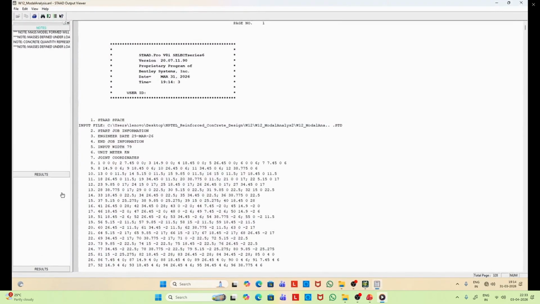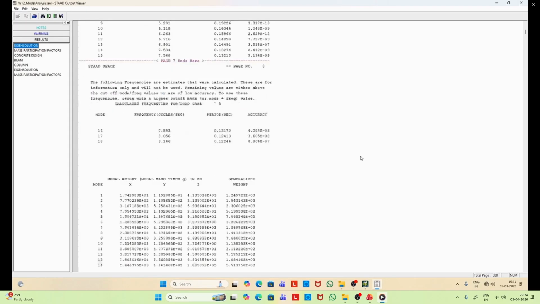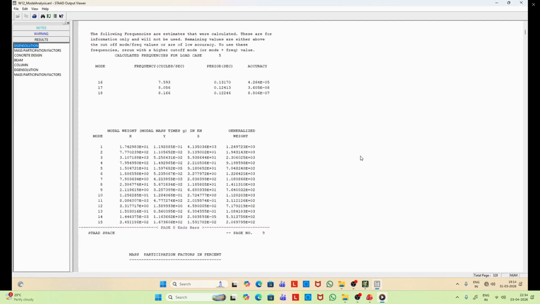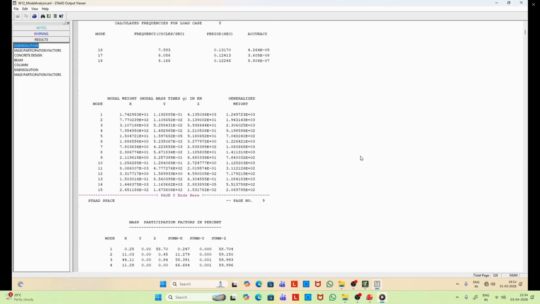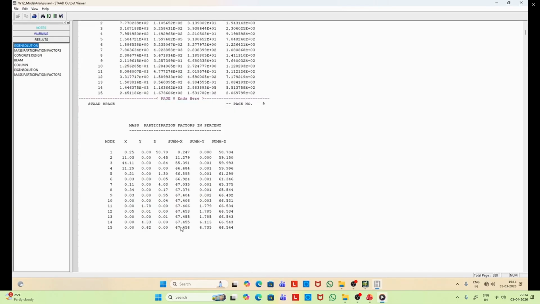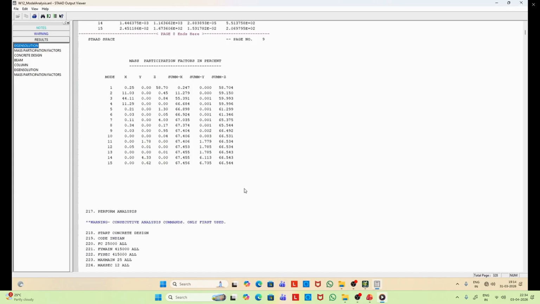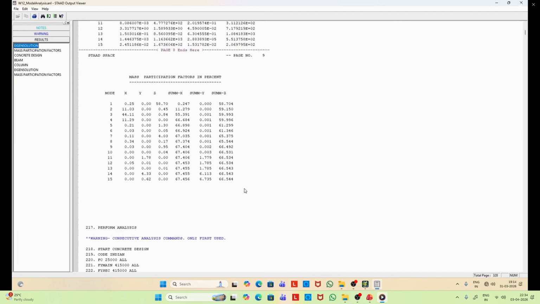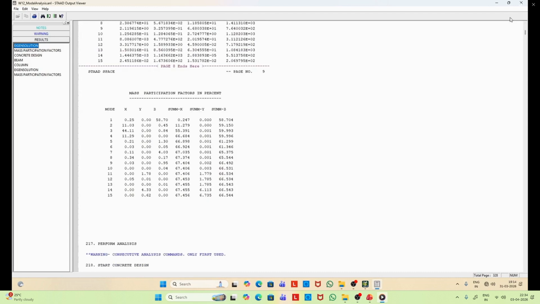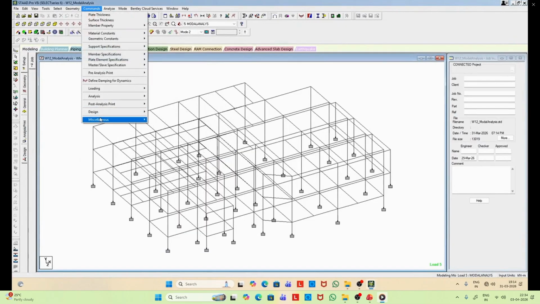And again, you can see the frequencies here. Now, of course, if you look at the values, there are a lot of closely spaced modes. These are very critical when we design a structure against earthquake. Now, here again, you can check the modal participation factor. It is still up to 67.45. So we can increase this number to cover. So we have to go beyond these 15 frequencies to cover the 90% of the modal mass, right? So that way you can solve the modal frequencies, and this is the modal analysis of the structure.